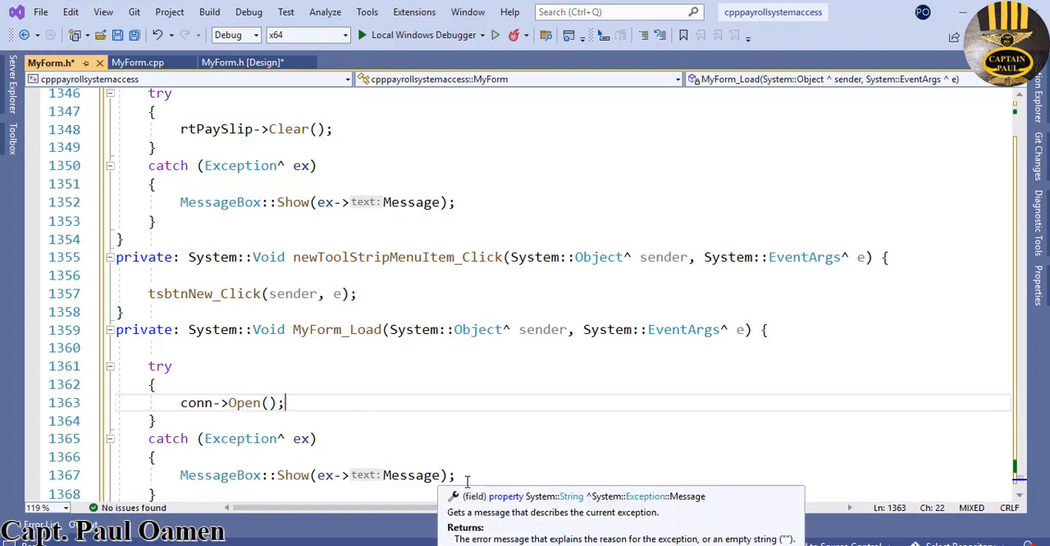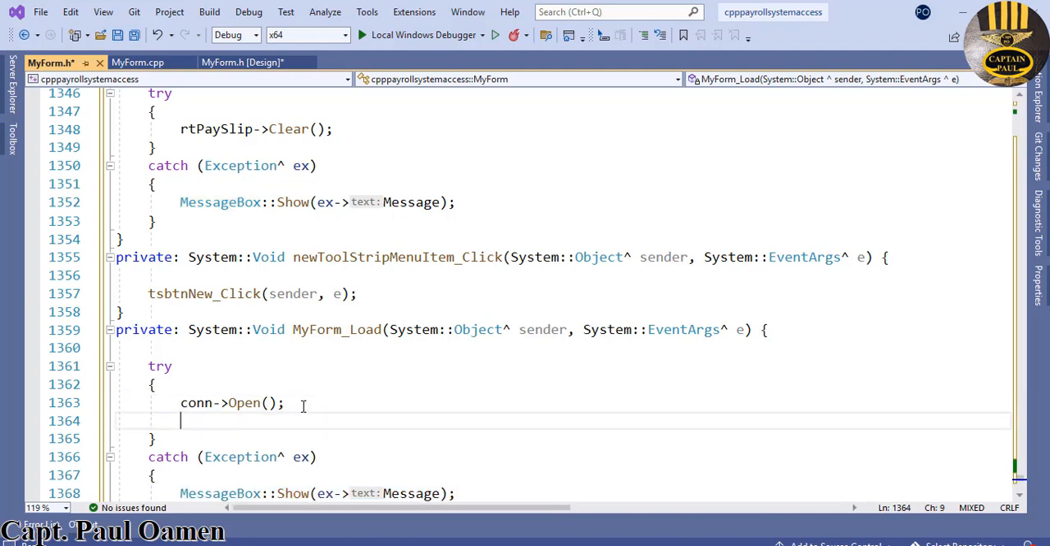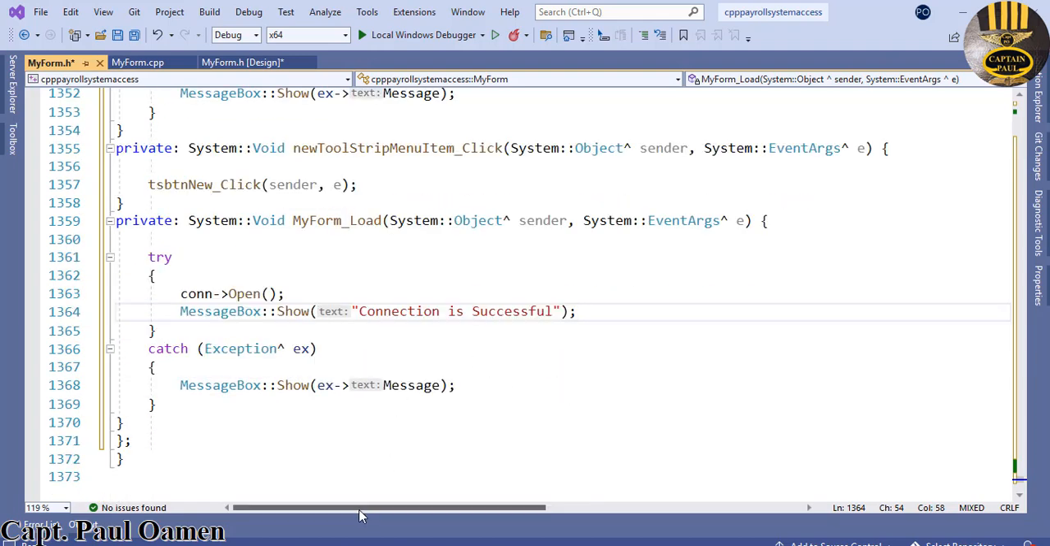Alright, let's enter a message in there to confirm if it opens or not. So in here I'm just going to enter as follows. Let's say connection is successful. There we go. Alright, so if I'm able to connect correctly, this message should pop up. Right, so let's save that,